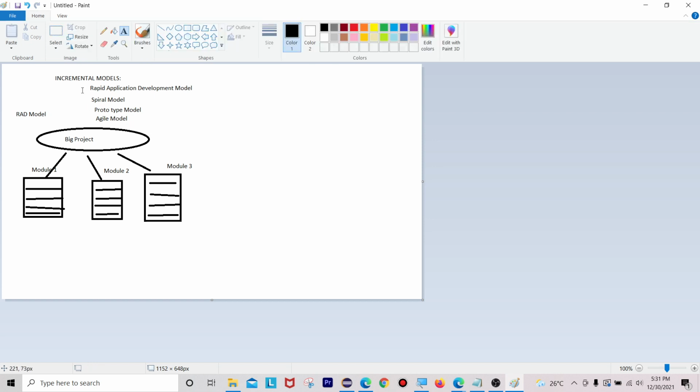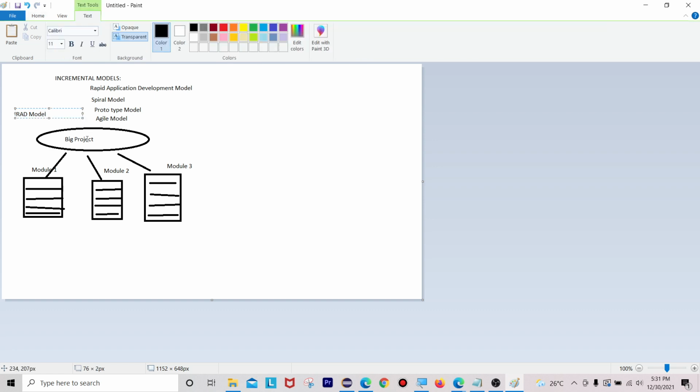So in incremental models we can have rapid application development model, spiral model, prototype model, agile model. Inside the rapid application development model we can have different modules, module 1, module 2, module 3. Because this is a big project, we have to cut it down into different modules.